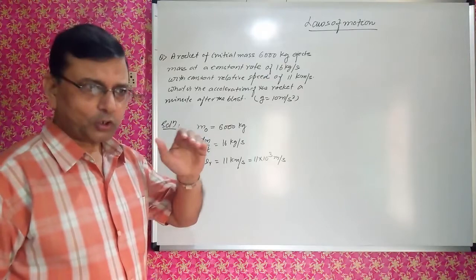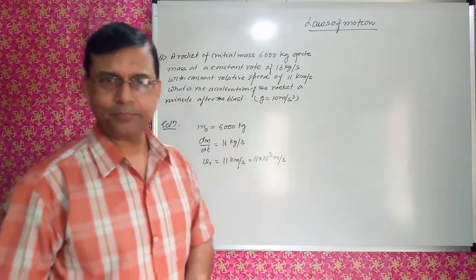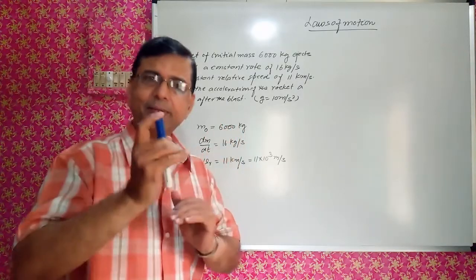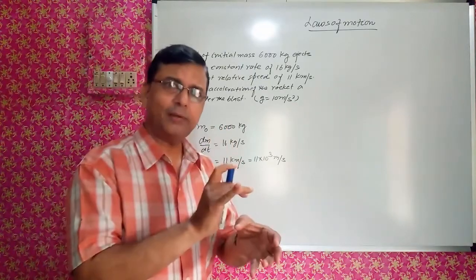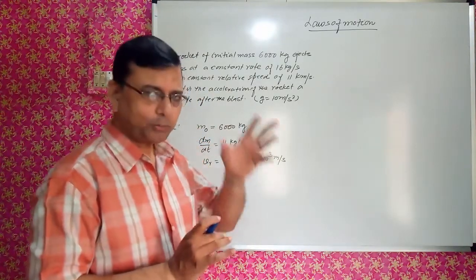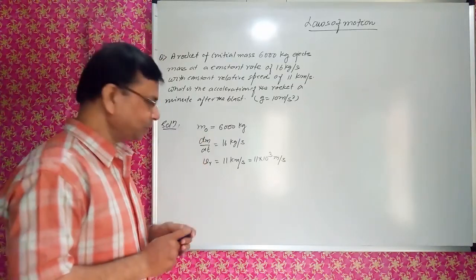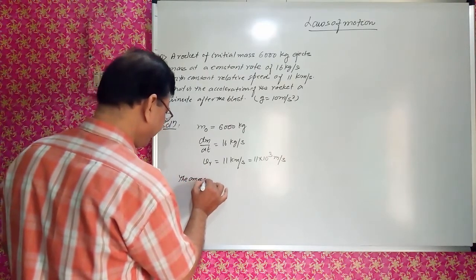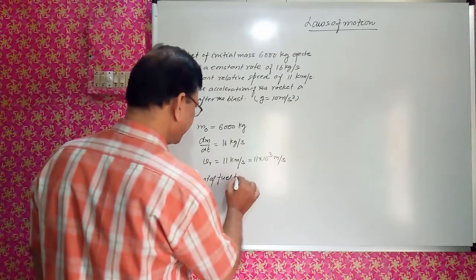One more thing, because what is required is the acceleration after a minute, at that time I will have to find the mass. After a minute, what will be the mass of the system? The system is rocket and fuel. So the unburnt fuel, whatever is left, will have to be considered. So burnt fuel will have to be subtracted from this mass. So we will say the amount of fuel burnt